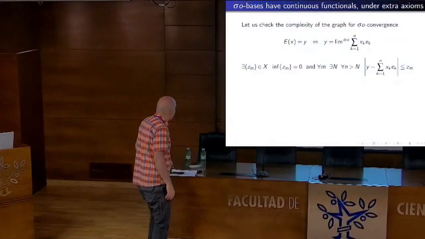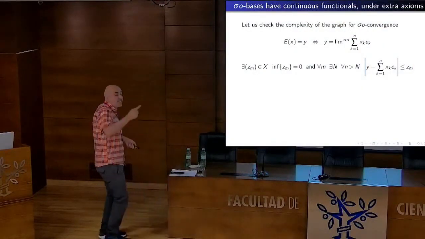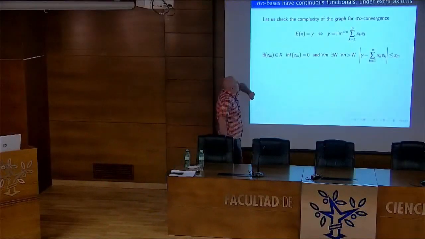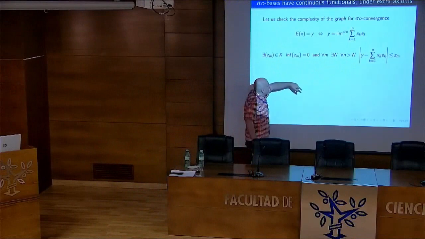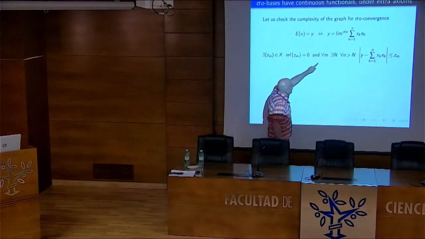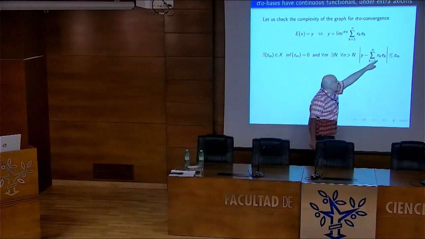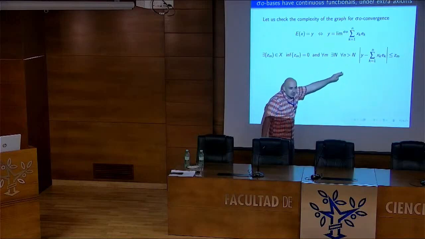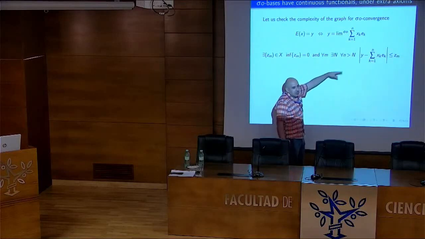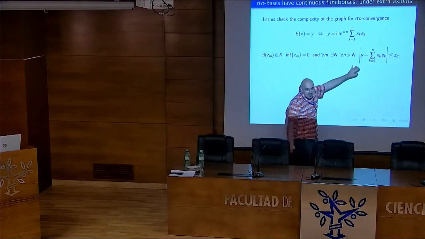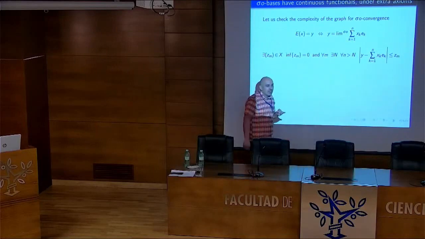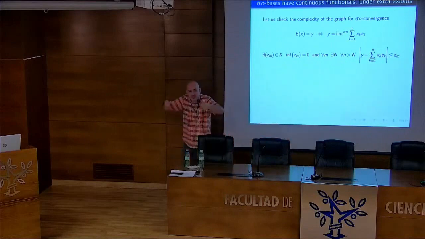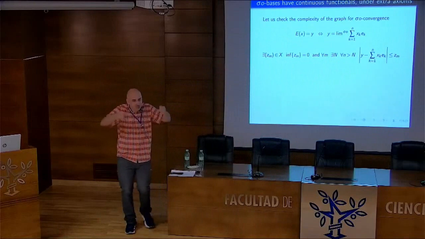What does this mean? It means now there exists a sequence of elements with infimum 0 and says that the sums eventually get inside any ZM. Okay, so now I have two conditions. On the right, beautiful, Borel, because everything here are natural numbers. On the left, I have the condition infimum of a sequence is 0. But again, if we want to know how complex this is, we have to skip,